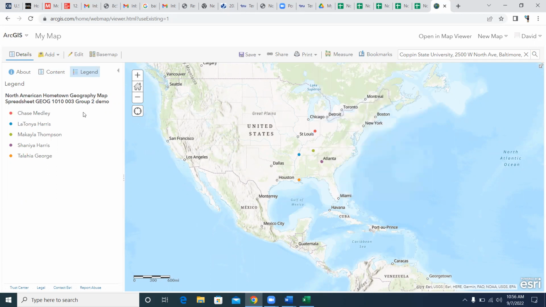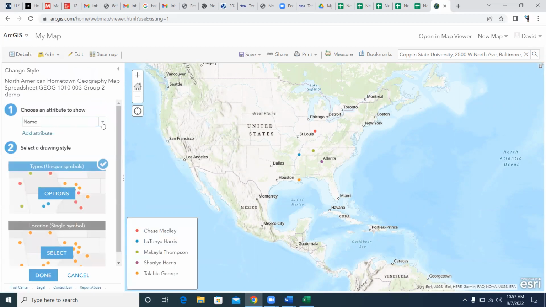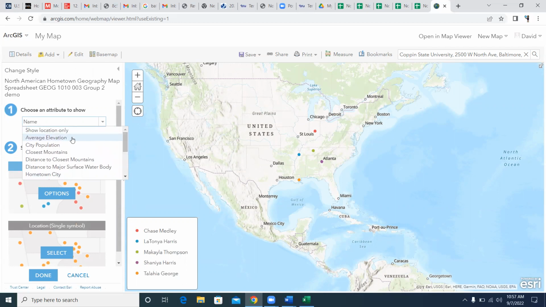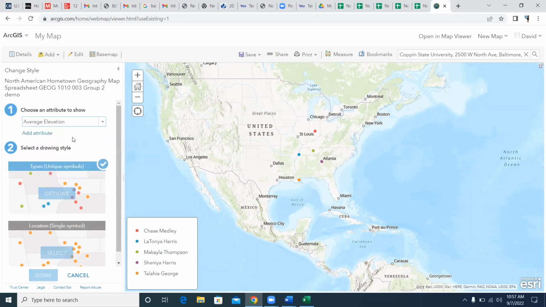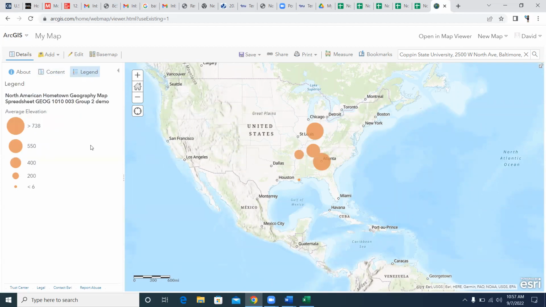Now, one of the things I'll probably ask you to do next week in the map demo is to change the symbology. So I'll go here, and here is what happens when we have number cells. We're able to actually look at data visually. I shouldn't have done that. But next week I'll ask you